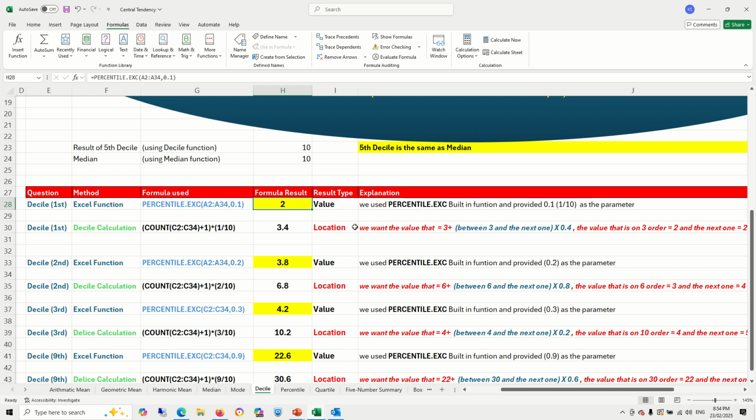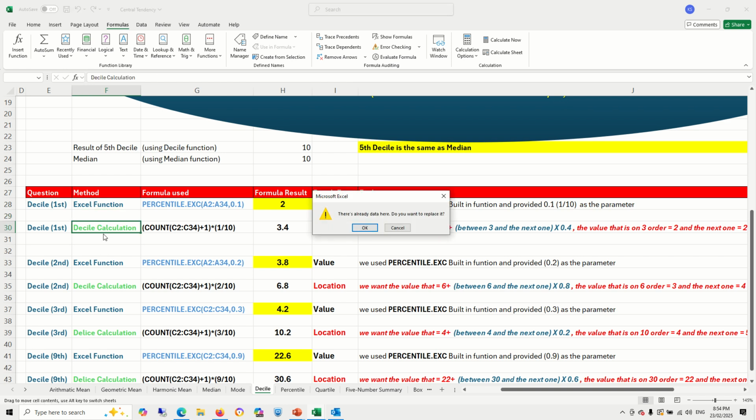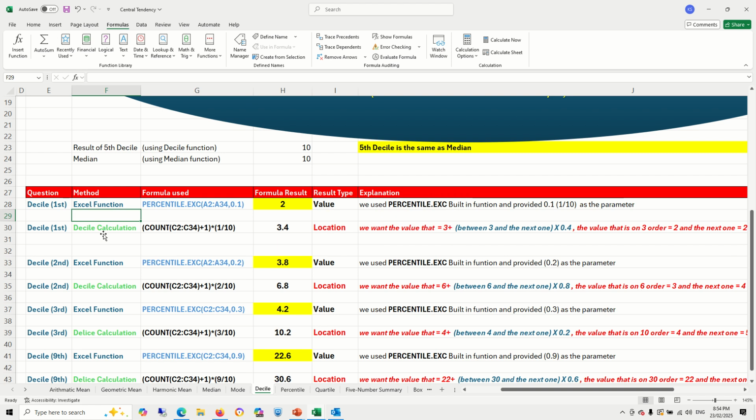Percentile.exe, highlight the whole range, 0.1 will equal 2, as a value. So the result of the first percentile is 2. When we apply the decile calculation to get the location, sorry, to get the location, not the value, we will use, as you see here,